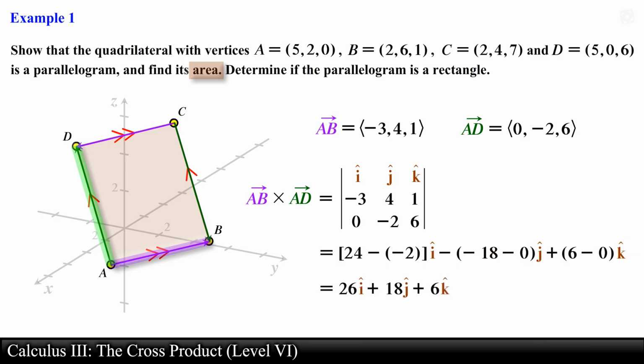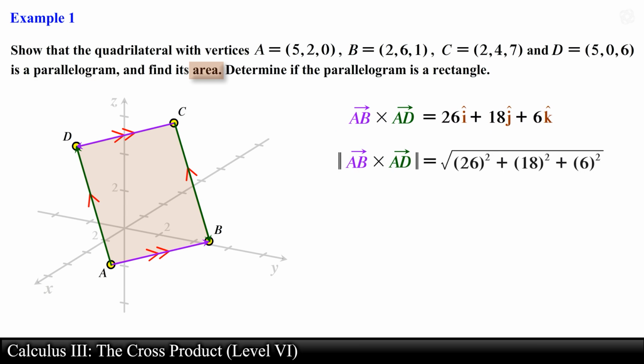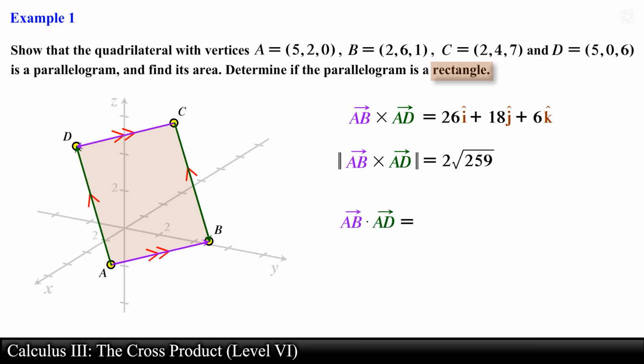Simplifying the expression, we obtain the following components for the cross product. Next, we go ahead and find the magnitude of this vector. Doing that, we obtain the following for the area of the parallelogram. Lastly, we can quickly check to see if the parallelogram is a rectangle by computing the dot product between the